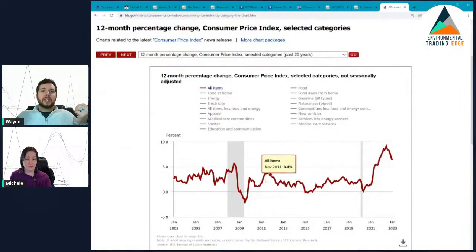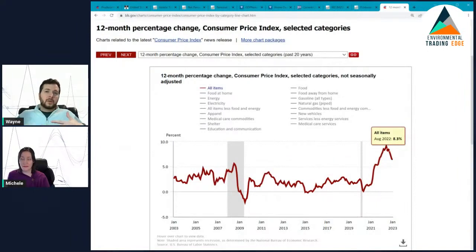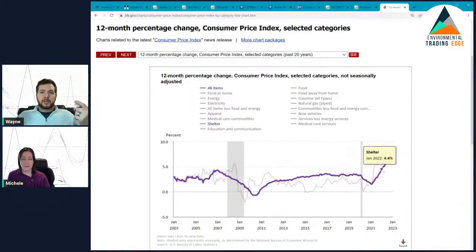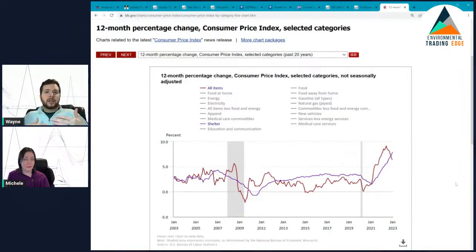So where are we on CPI, right? Typically, most of the way through the recession, we've at least had CPI under control. And right now, we do not have CPI under control yet. We're still at 6.4. If you look at this on a month over month basis, especially shelter, we're still accelerating and gaining in many areas. Month over month, we actually gained a little bit in most of the places. So that's something to keep in mind: what are we doing month over month, and year over year? We're still battling this inflation, which means the Fed still has a little way to go, and that will end up leading us deeper into the recession, even though we've had a little bit of excitement,